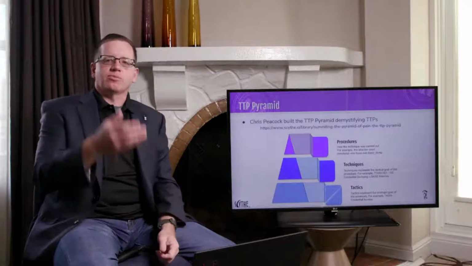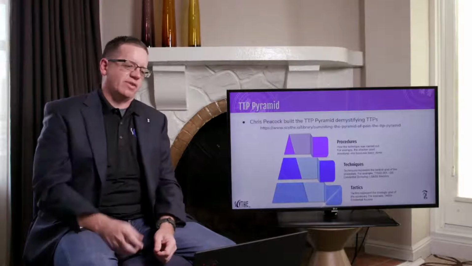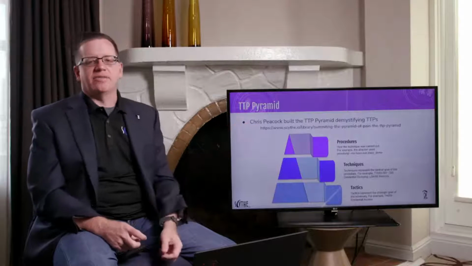And then what is the difference between a procedure and a technique? And then, of course, even a tactic. I need not deep dive into this. We've already highlighted the fact that, again, the only thing I can emulate are procedures, right? So if I can't emulate it, I don't want to say it doesn't matter. It definitely does. There's a reason for the abstraction. There are lots of folks that need to talk at that abstraction layer, right?